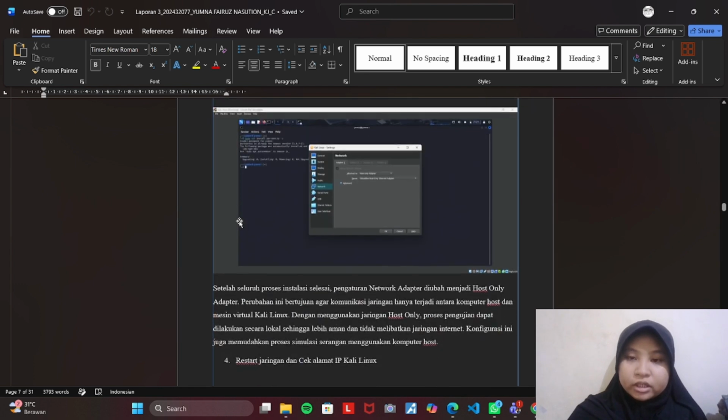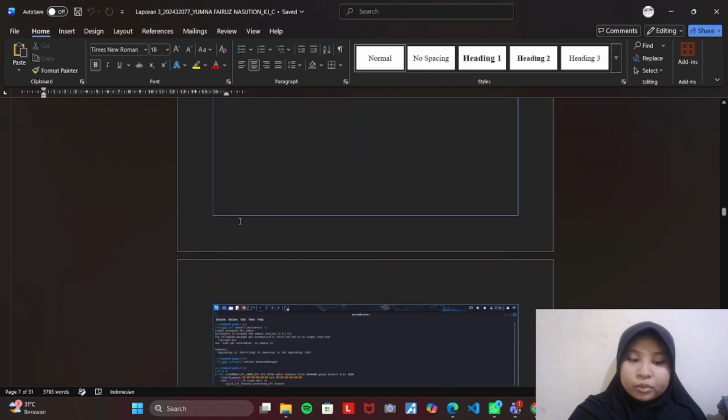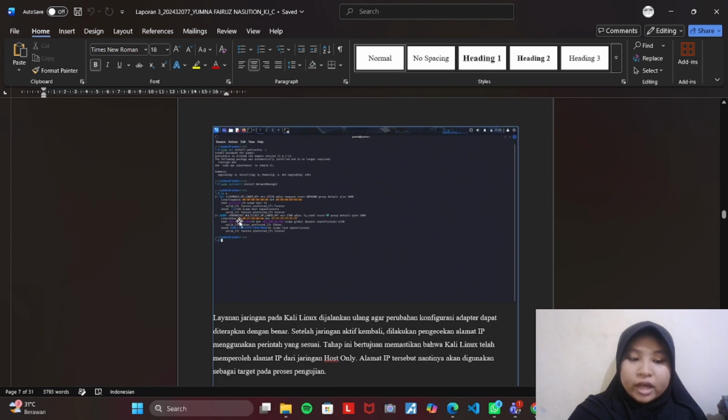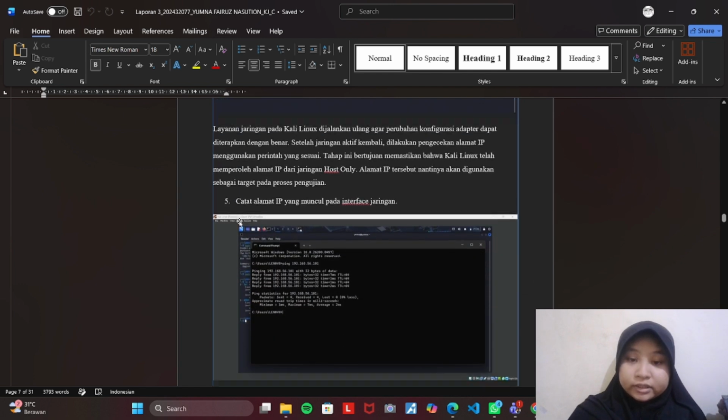So after changing the network adapter, we restarted the network device and checked the IP address of Kali Linux. This IP address is very important because it will become the target during the port scanning. We made sure the IP address was correctly assigned before continuing to the next step.